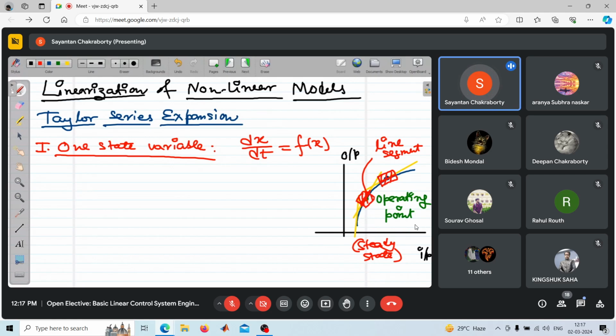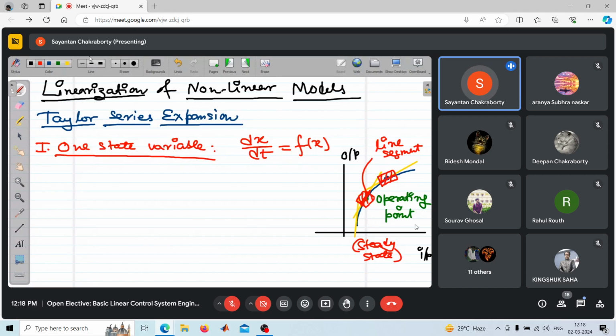So it will be different. The whole line of slope will change. But this model will be a linear model around this steady state operating point, which is also called a nominal operating point. That is the basic theme: you assume an operating point and take a neighborhood around it. The neighborhood should not be so small that it doesn't give you much freedom, nor so large that the system linearity will be lost. So you have to adequately choose a neighborhood such that within it the system behaves in a linear fashion. So if we assume that,